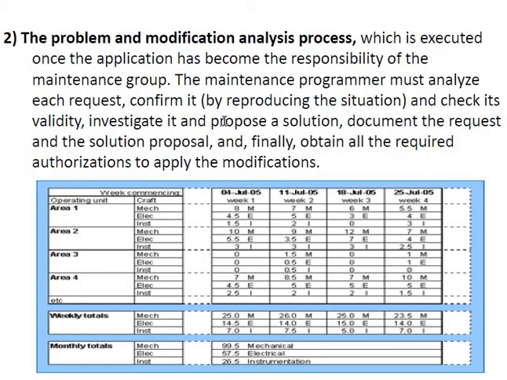Then the second is the problem and modification analysis process. Let's say if any problem arises, it's about analyzing the problem, identifying the real cause, and doing the proper documentation and planning to solve that particular problem.